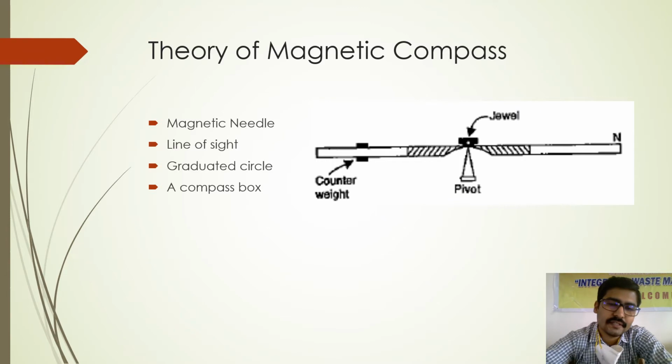Whenever we construct any magnetic compass, the compass should have four entities. The first thing a compass requires is a magnetic needle. Every compass must have one magnetic needle, and that magnetic needle should be very sensitive, right? The accuracy of the angles which you measure from the magnetic compass depends on the sensitivity of the magnetic needle. The more sensitive the magnetic needle is, the more accurate the bearings will be, right?